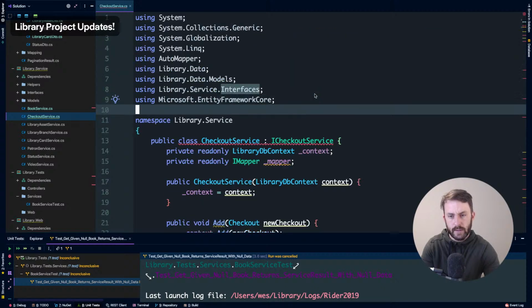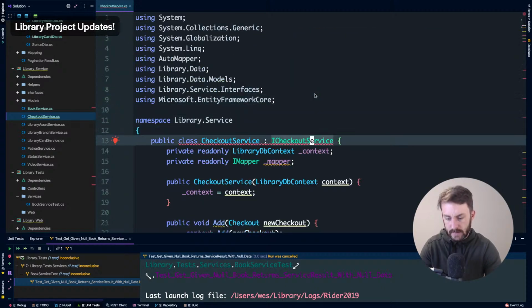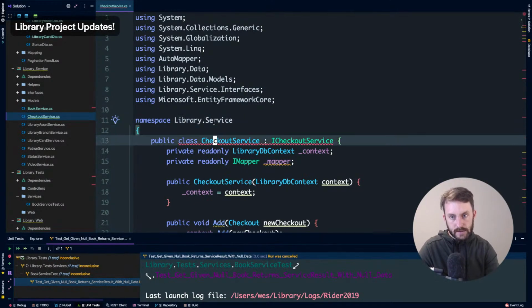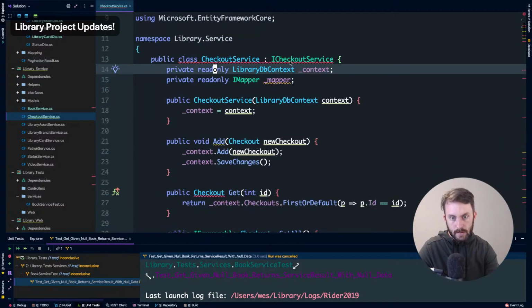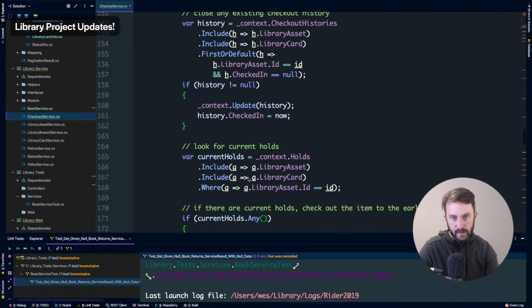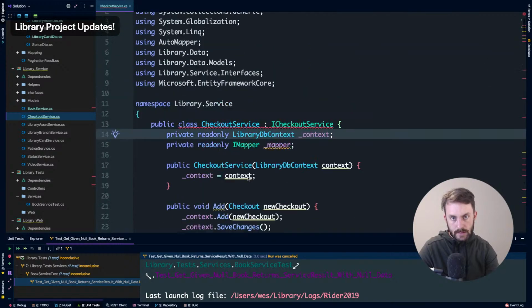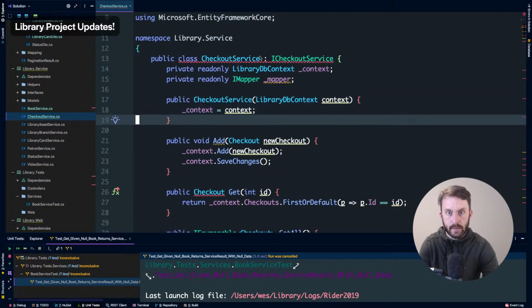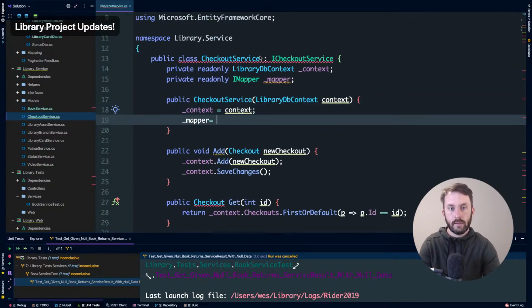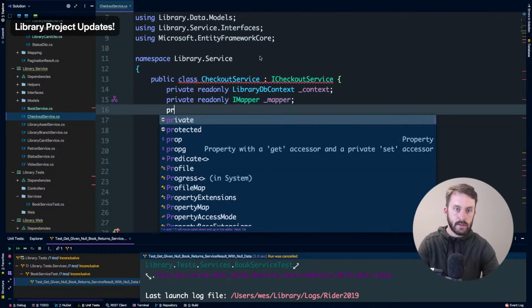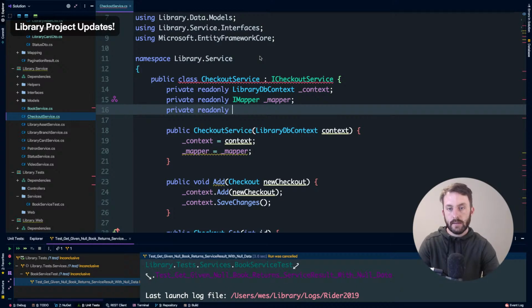Interesting also that I'm bringing in the whole DB context into this service. But what are you going to do? Did it implement all those members? No. So I'm going to do that manually. Mapper is equal to mapper. Private read-only